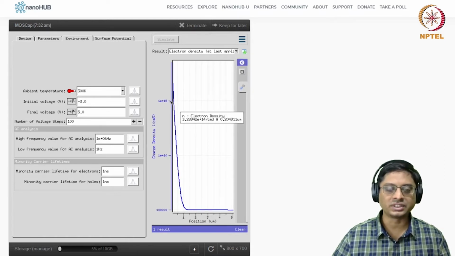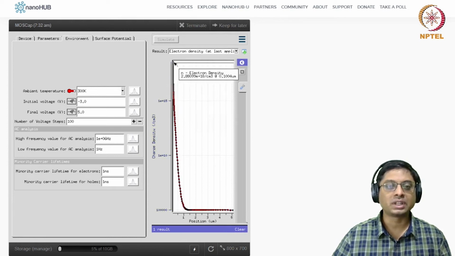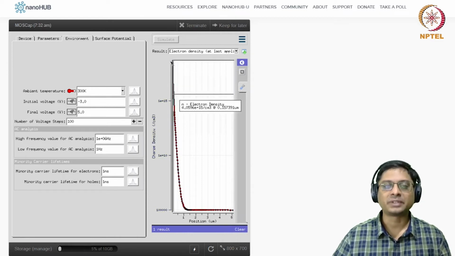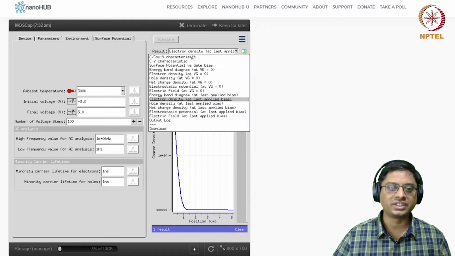And when I look at electron density, this is 10 power 15, the background doping, but we have electron density close to 10 power 18. So 3 orders of magnitude higher. You see 1000 times higher electron density at the interface. And if you look at the net charge density,